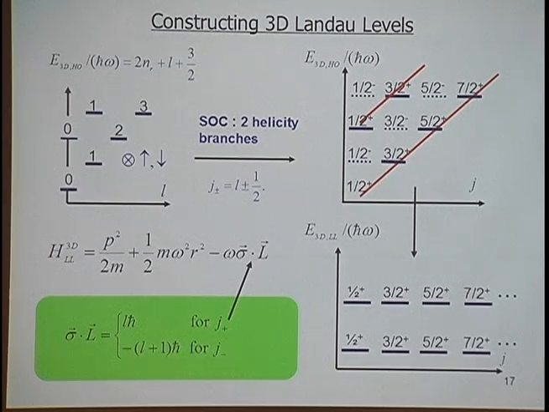Now, let me prove that the spectrum of this Hamiltonian is flat. Again, we can do it in a similar way to the 2-dimensional case. This is the energy level diagram of the 3-dimensional harmonic oscillator. The lowest state is the S state. Then the next highest is the P level, and then the degenerate S level and D level. All of them are 2L plus 1-fold degenerate. And more than that, you have a spin degeneracy, up and down. But this is not a good